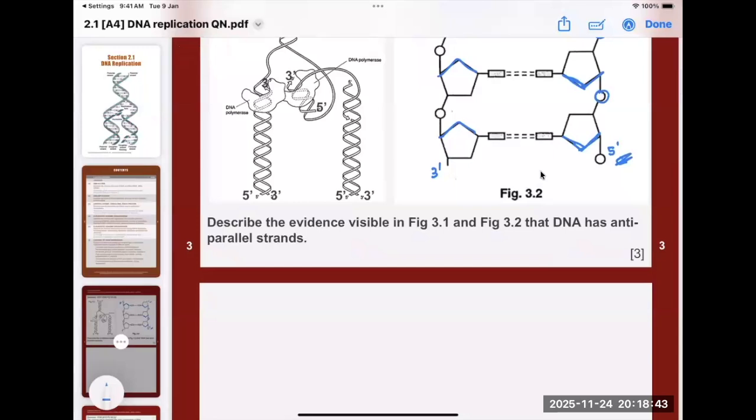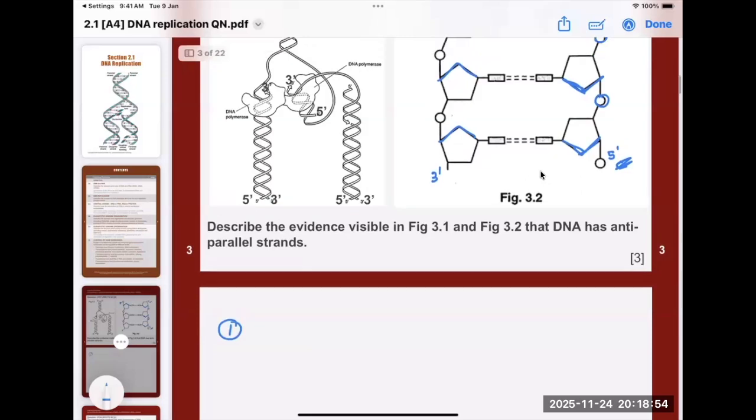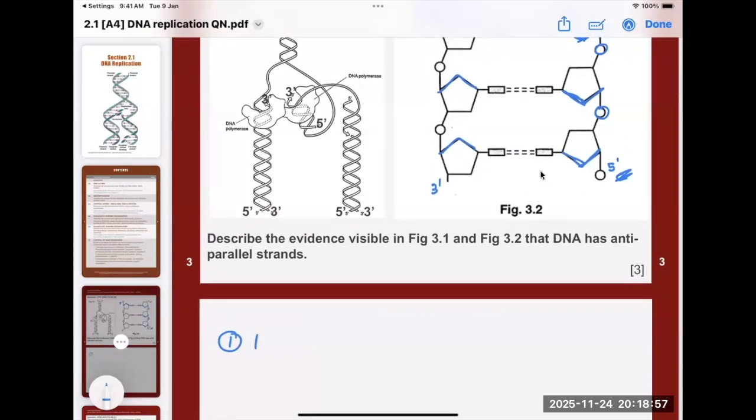Okay, so out of the 3 marks, right? From now onwards, when you answer your first mark, put a 1 there. Don't lump everything together into an essay. So from 3.2,